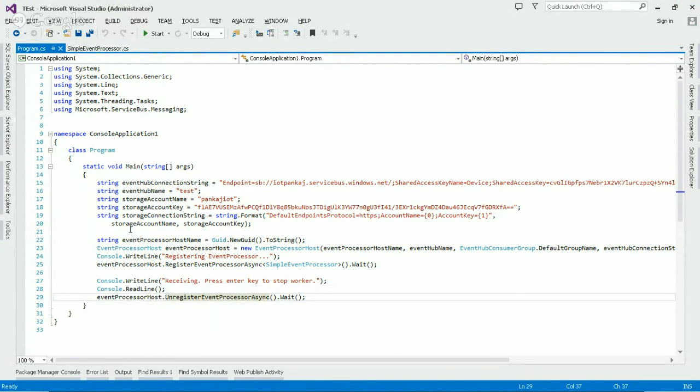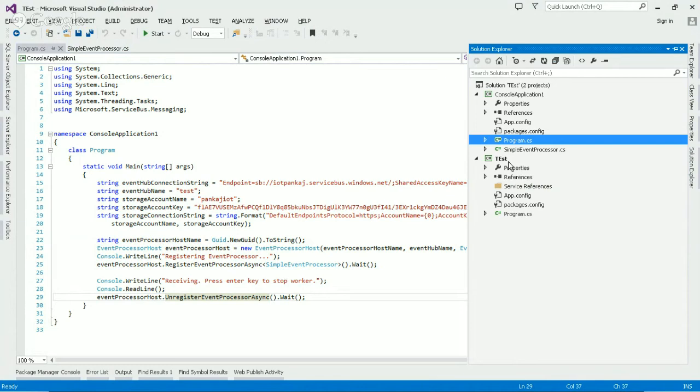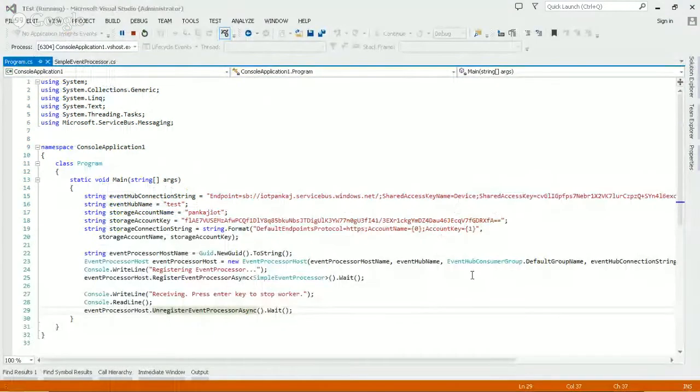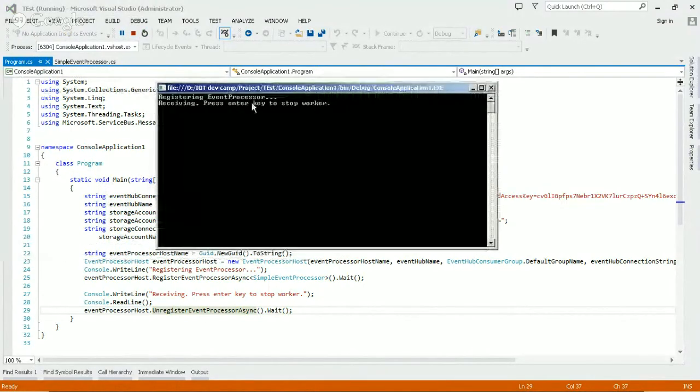Okay, so let's run this program. Okay, let's open here. This is the program running, a console application.